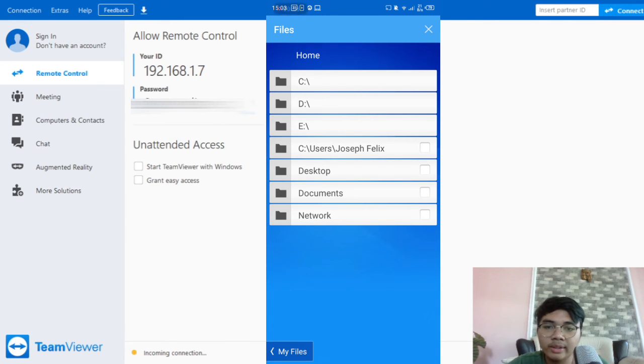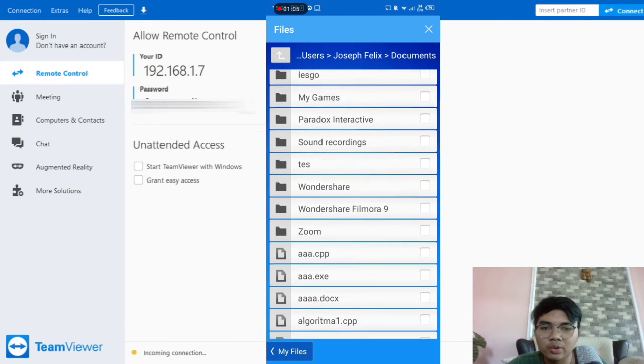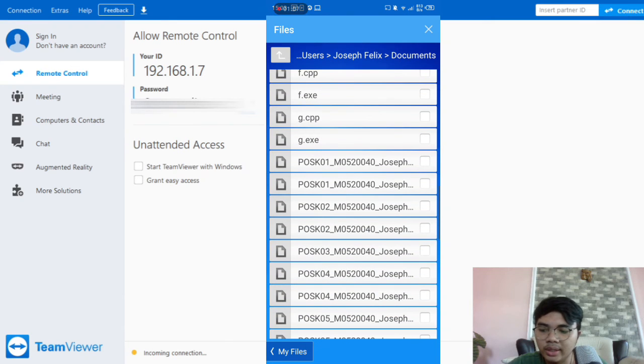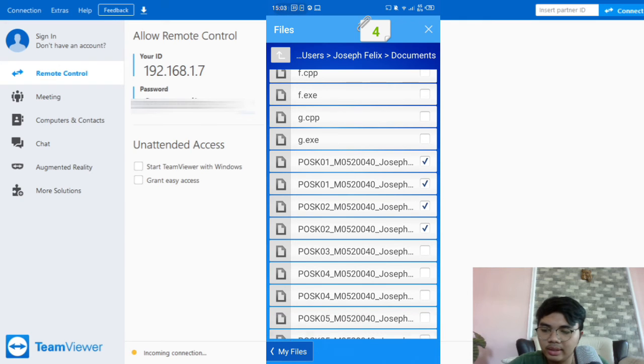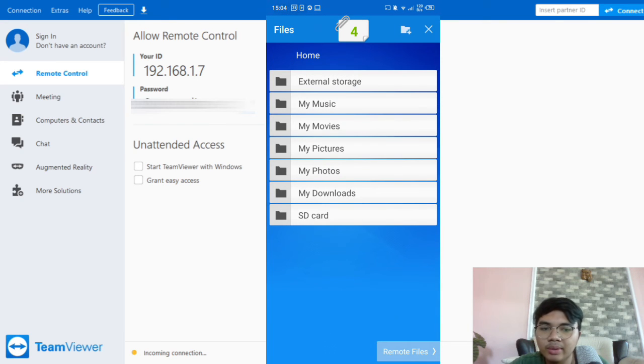To perform a file transfer, you can select and search for the location of the file you want to send to your smartphone, according to where you saved the files on your computer. Next, select one or more files you want by checking the box to the right of the files. Like this, I will send my files like this, and this. After finishing selecting, you can press the files button on the bottom left of your smartphone screen